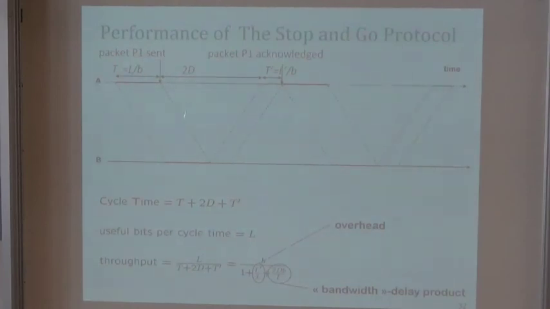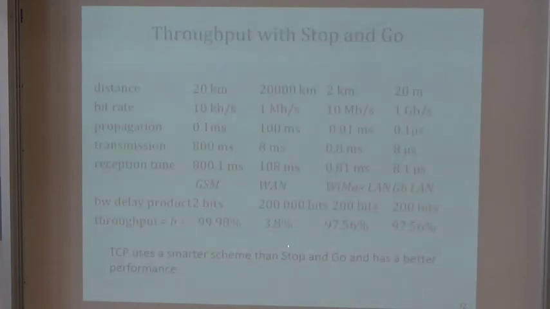So a protocol like this is very efficient if the bandwidth delay product is small. We can look at the different cases we have before. If I look at the different cases and I look at the throughput I would have for this protocol, I see that in all cases it's very good. So the bandwidth delay product is not against me, except in this one. And in this one case, if I would use this, I would be using only 3.8% of the capacity of my link, which of course would be vastly suboptimal, so we would need to do something about it. We will see what TCP does about this thing.